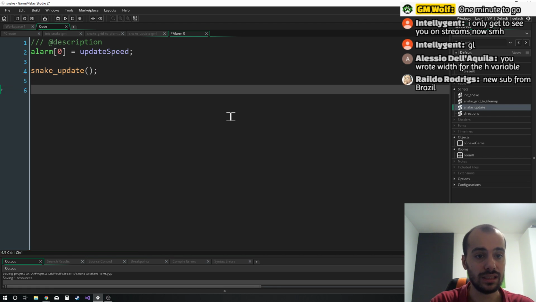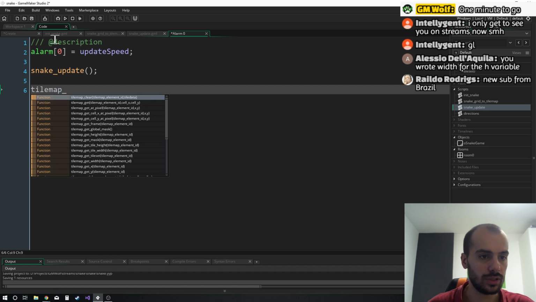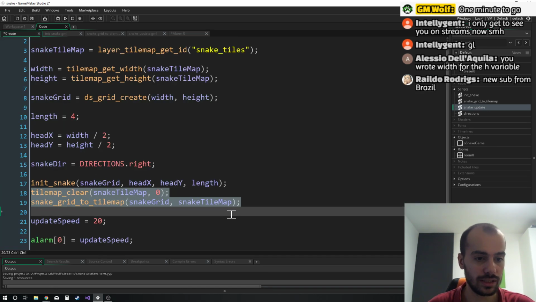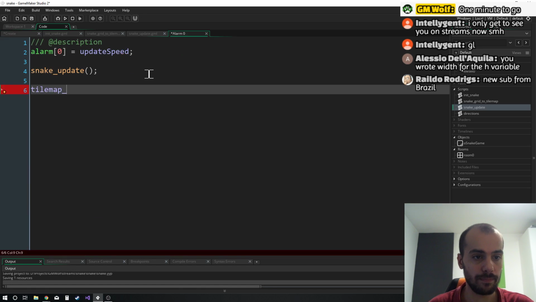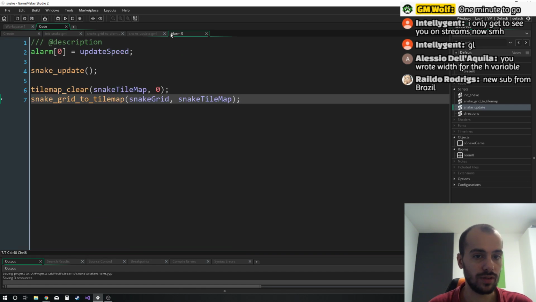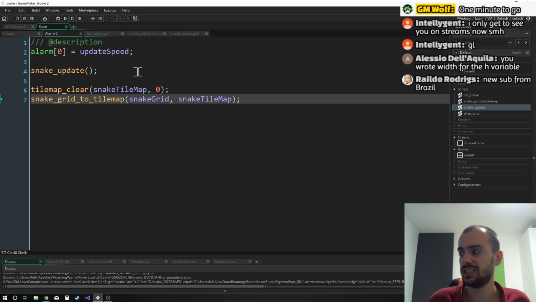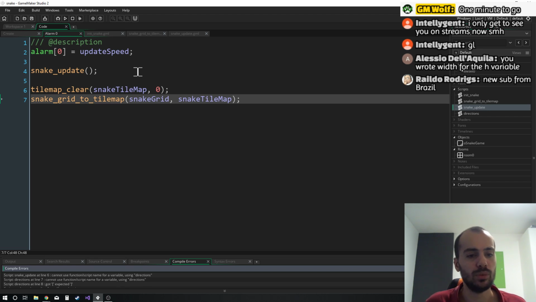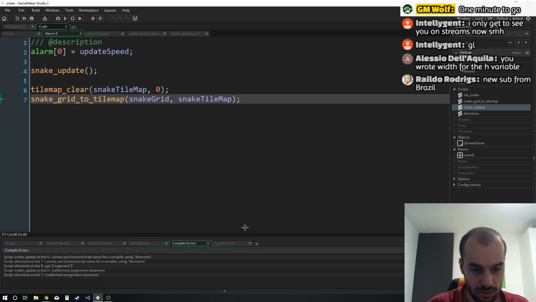And then we can do tile map. Actually, we'll just copy the code from here. Tile map clear and snake grid to tile map. Save that. I'll move this over here. And with this we should see our snake moving across the map,